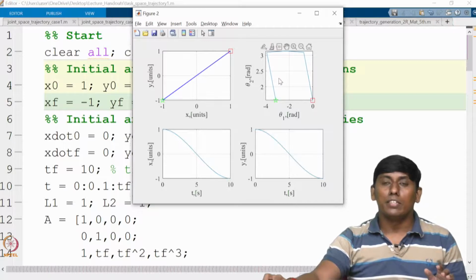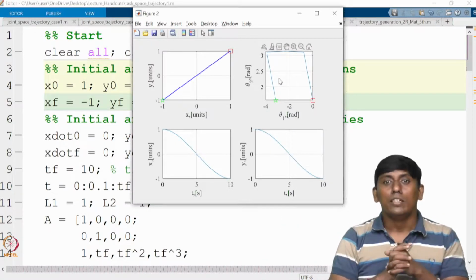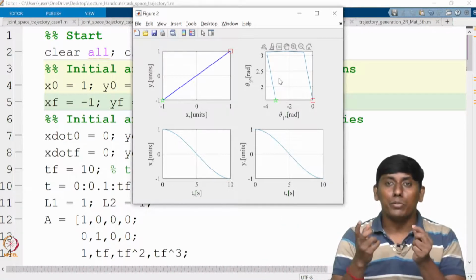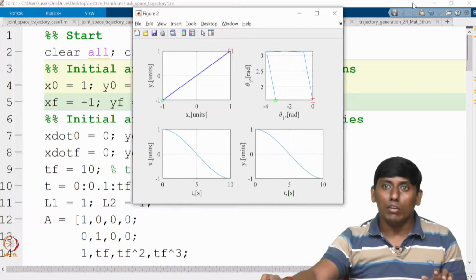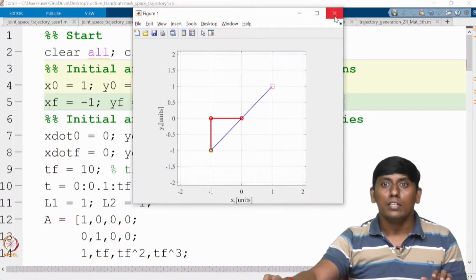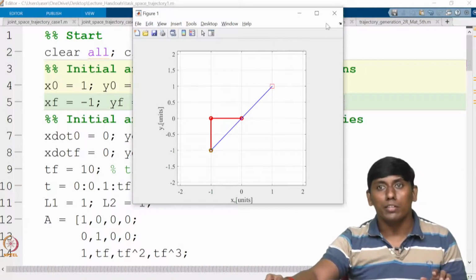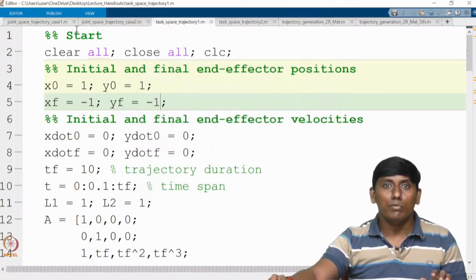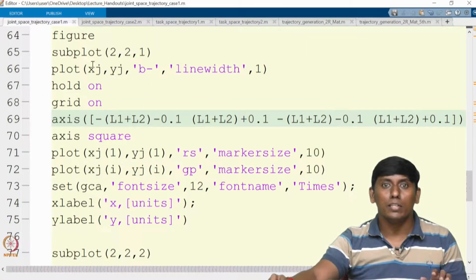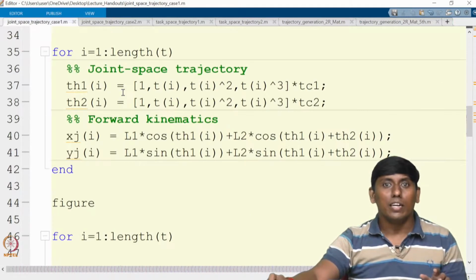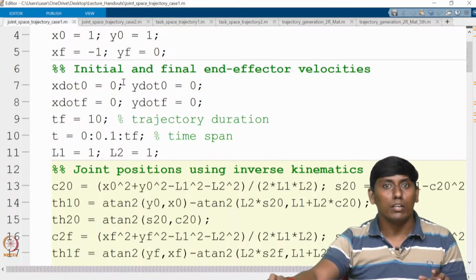So this is what I was saying, if the same point has multiple solutions, the scheme can actually go to the other one in the end. So it is actually just a mirror image of this. That's why it is giving the other solution. So now for the same situation, if you do it in joint space, we'll try to see whether that is actually matching at least or not.